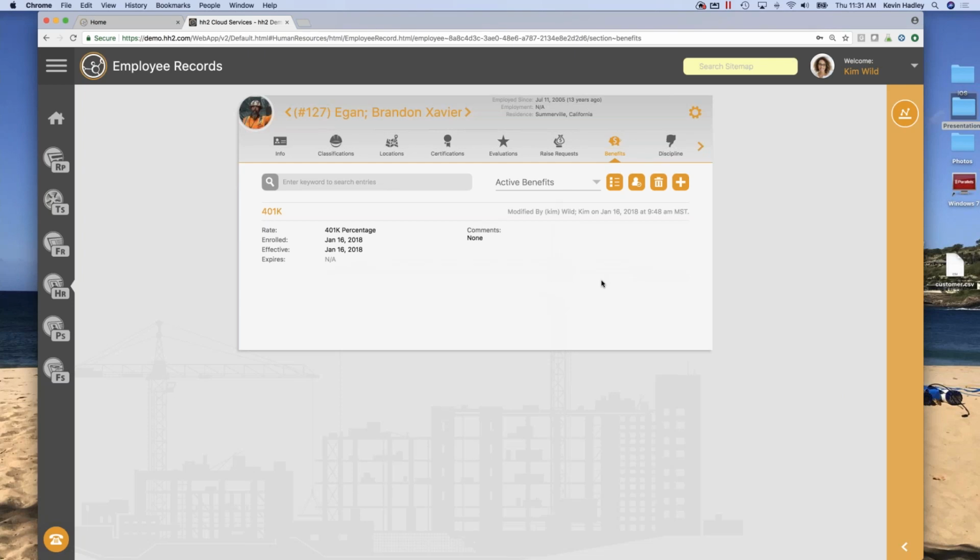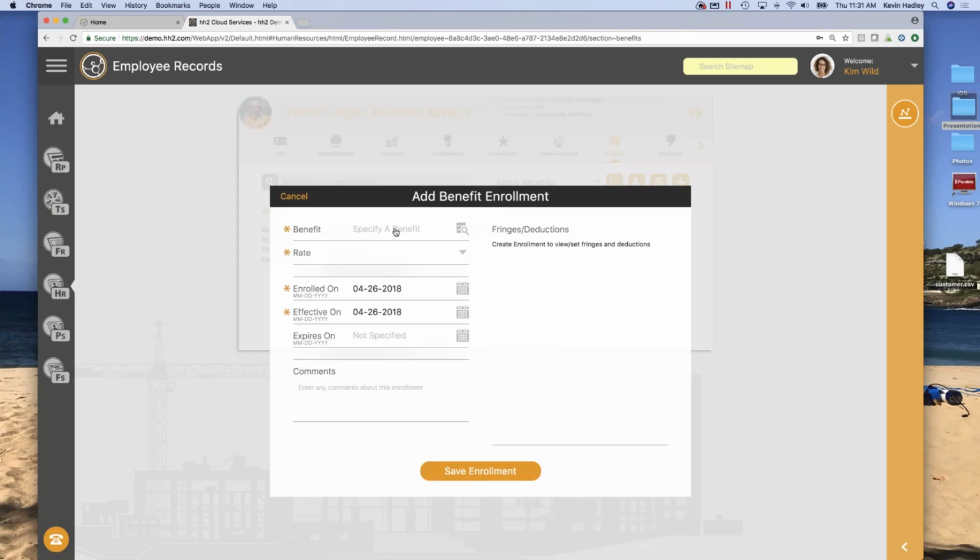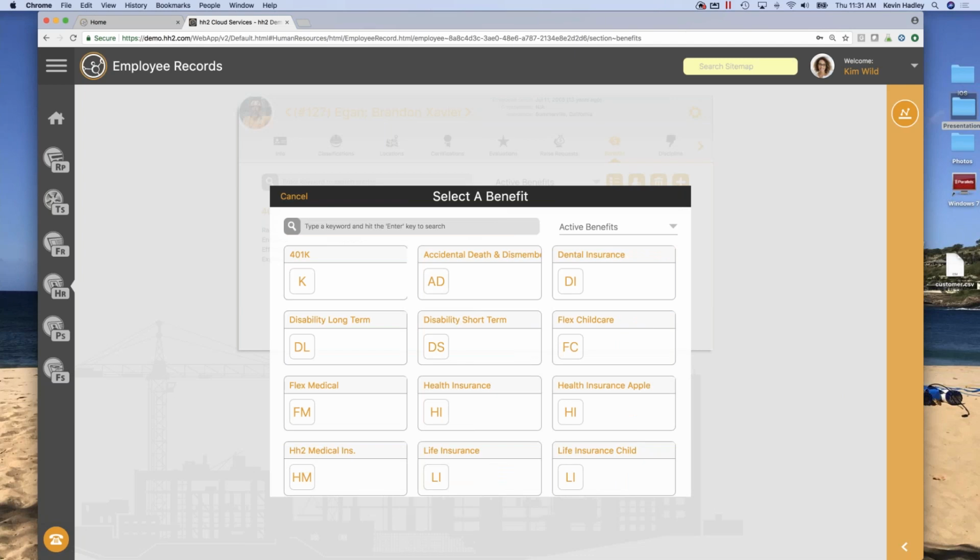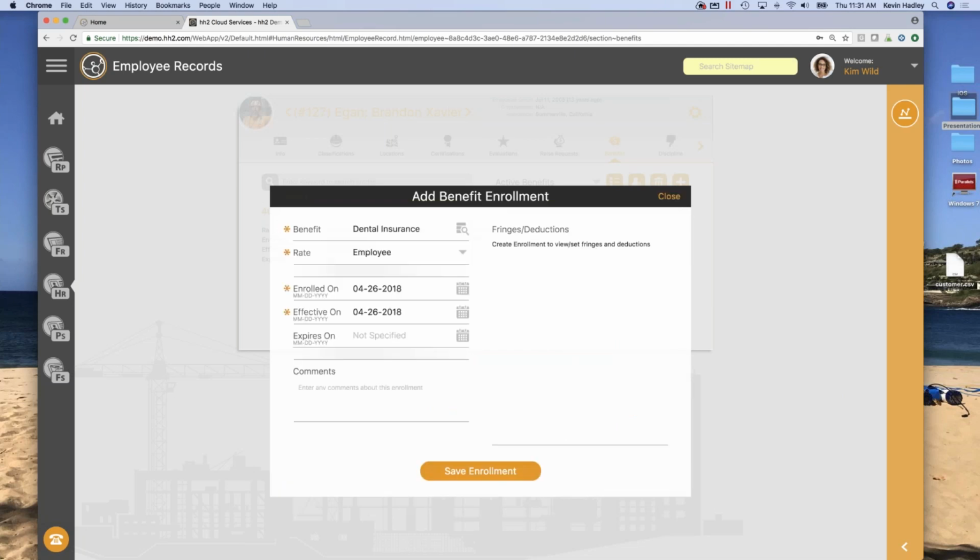So let's say that this employee decided to, we'll see if this works. We were just setting up some new things in the system this morning. We'll take a look. So if we were doing dental insurance, for instance, and the employee rate, we could choose the employee rate, family rate, two-party.